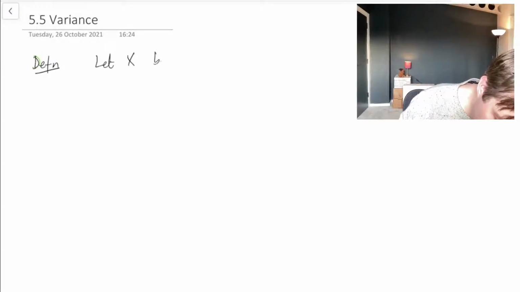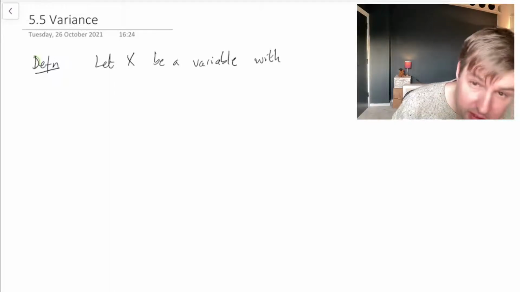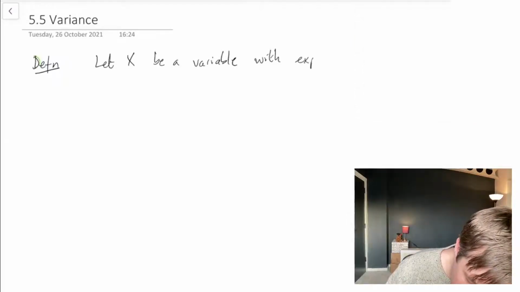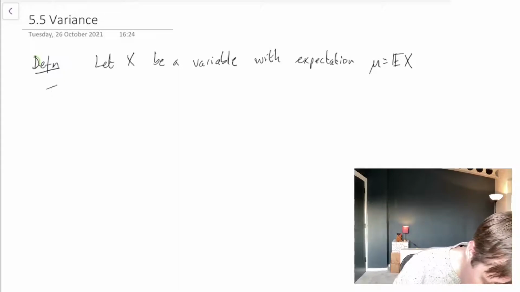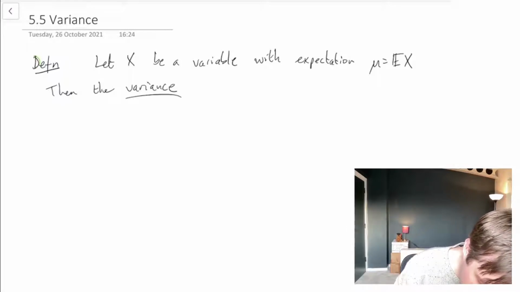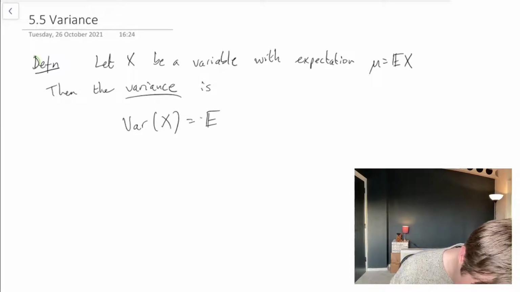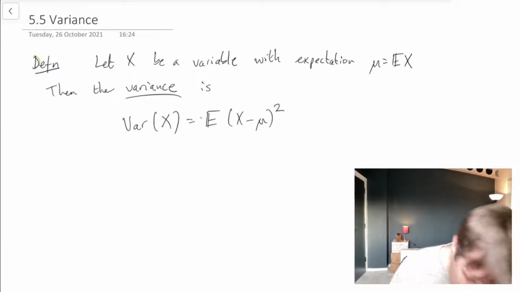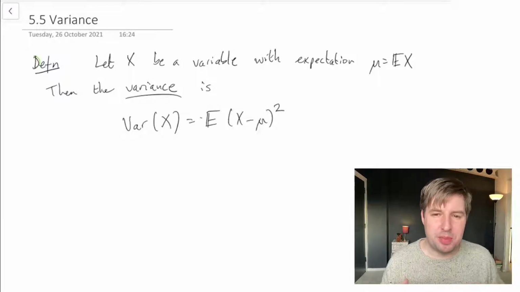So the definition goes like this. Let X be a random variable, and the expectation comes into the definition, so it'll be useful to give that a letter. So let's say it has expectation mu, then the variance is, we call this just var, for variance of X, is equal to the expected value of (X minus mu) squared. So mu is this expectation, and we're looking at how far X tends to be from its expectation